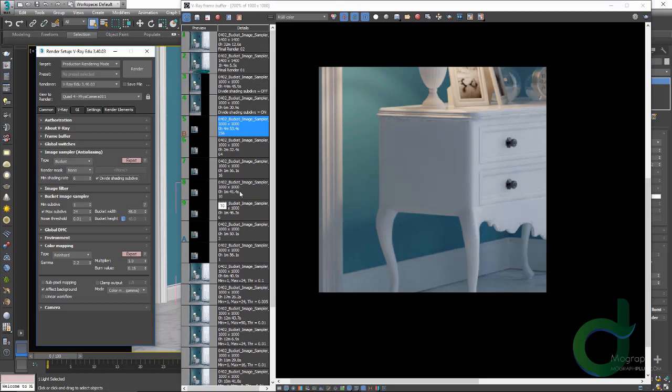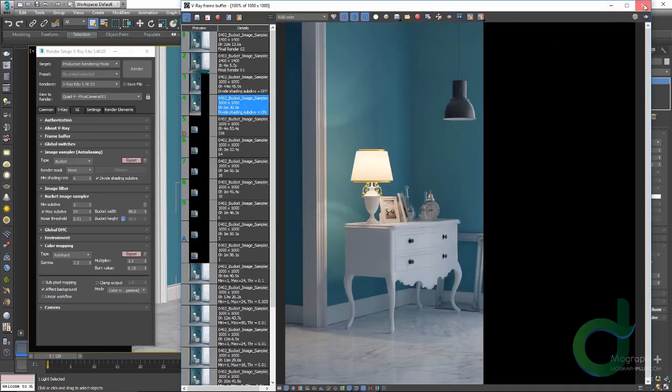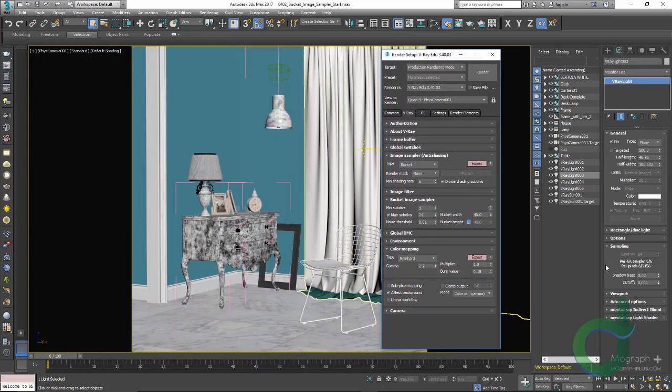Earlier in this lesson, you remember I saying that the image samples and shading samples work together. The way they relate to each other is like this. Let's select the light number 3, and as you can see in its sampling rollout, its grayed out subdivision is set to 64. As we know, the actual number of samples is the square of this value, so 64 by 64 equals 4096. And our max subdivs is 24, so 24 by 24 equals 576. The real number of shadow rays for this light will be 4096 by 576, which equals 2359296, right? That's a lot of samples,